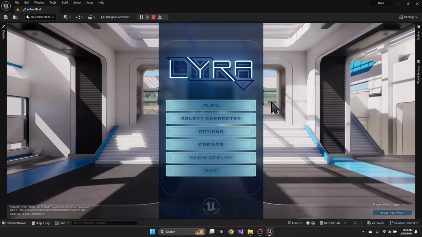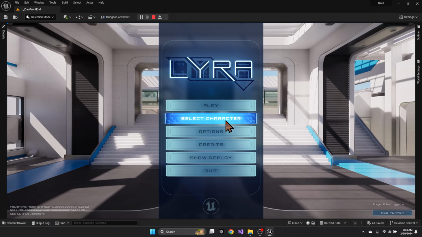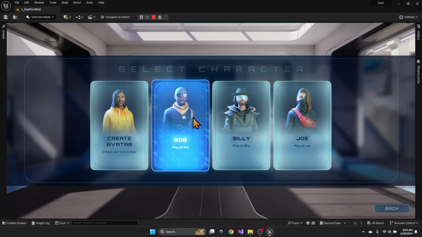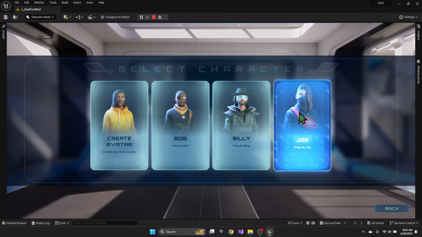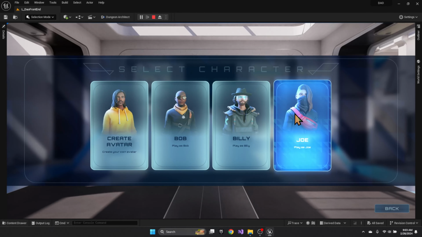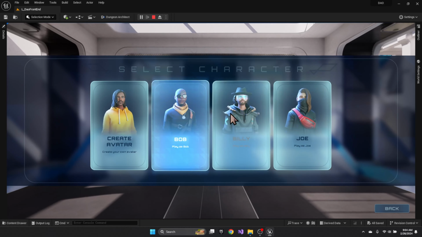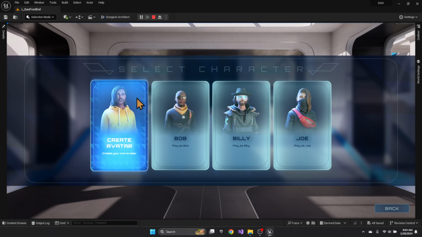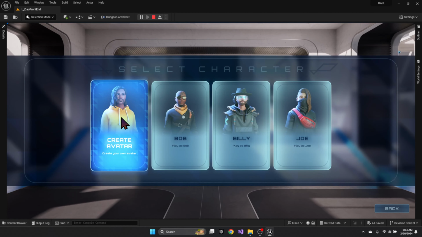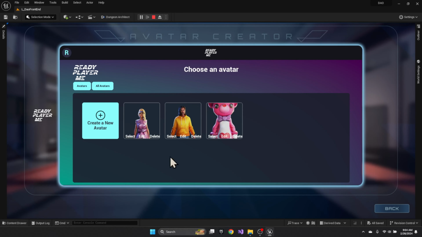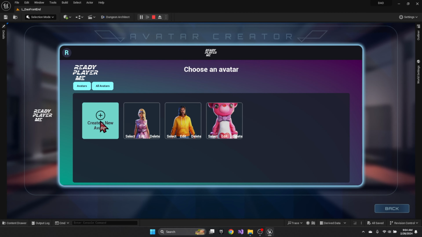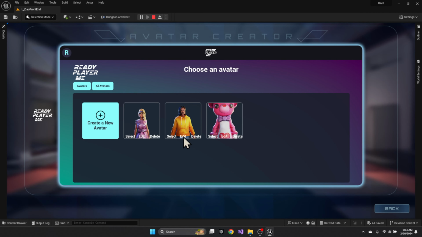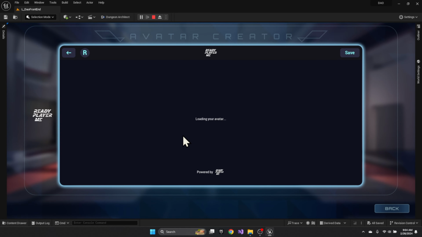All right, so we're in game and we've added this new select character menu item that when you click on it, you will see that these characters were loaded from the Ready Player Me website. These three are set to a static address. This is your cell for creating. So when I click on the create, it will launch this web browser where you can create new avatars or edit existing avatars. So if I wanted to edit this particular avatar here,